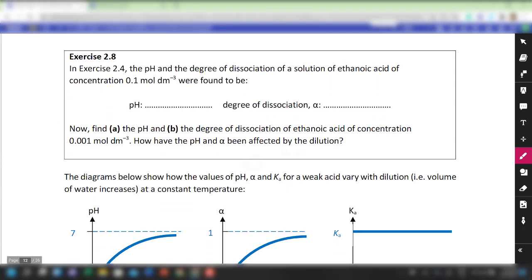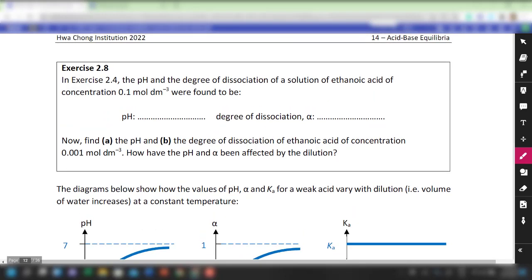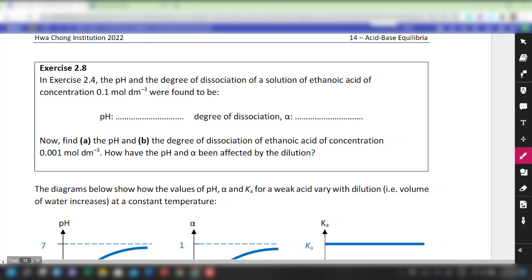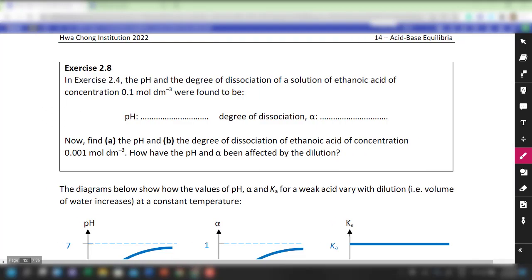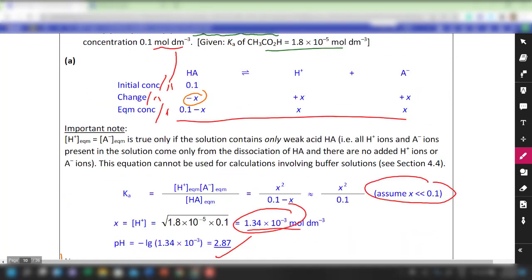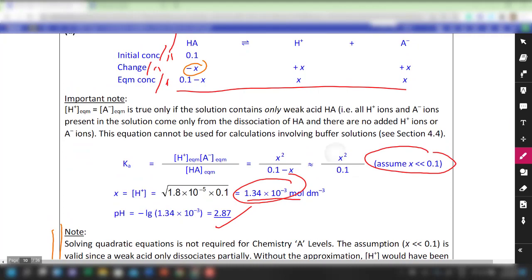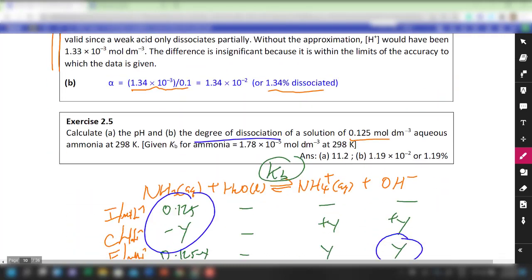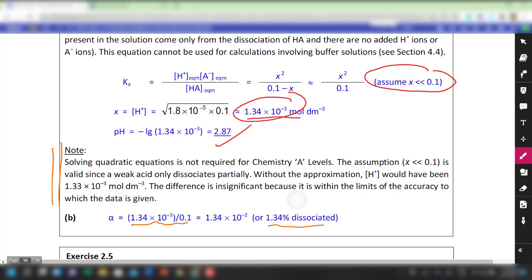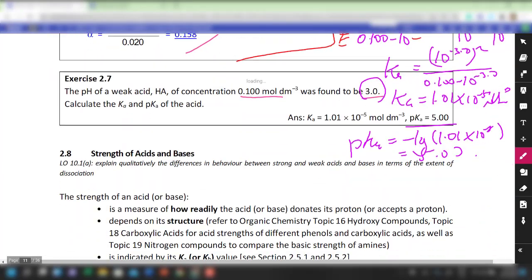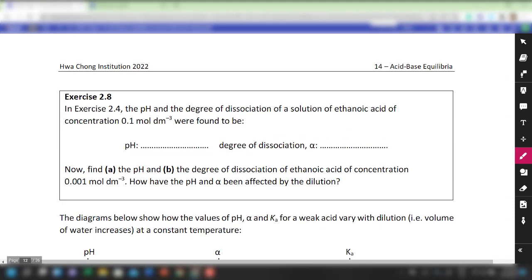Moving on with exercise 2.8, you have a question here. In exercise 2.4, the pH and the degree of dissociation of a solution of ethanoic acid of concentration 0.1 were found to be... Earlier on, in 2.4, what is the pH? 2.87. So the pH is given to be 2.87, and we'll write it down over here. Degree of dissociation was found to be